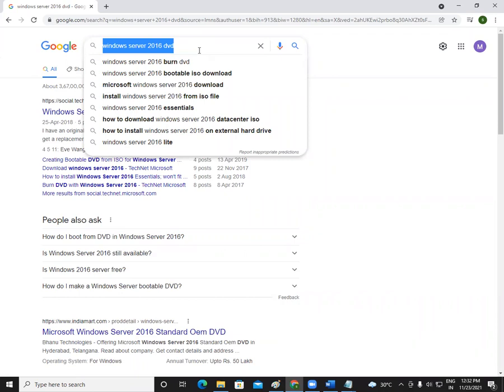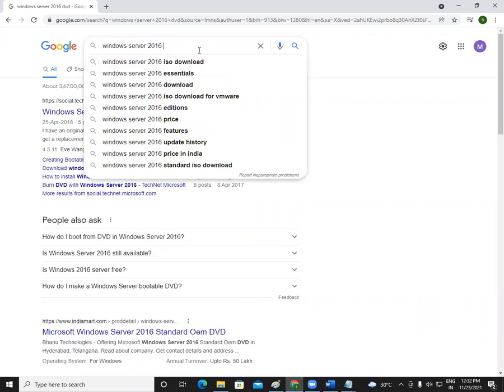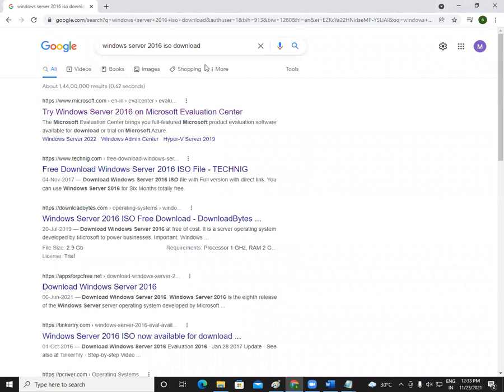If I go to Google and say Windows Server 2016 ISO, it will redirect you to the first website, which is actually the Microsoft.com website.